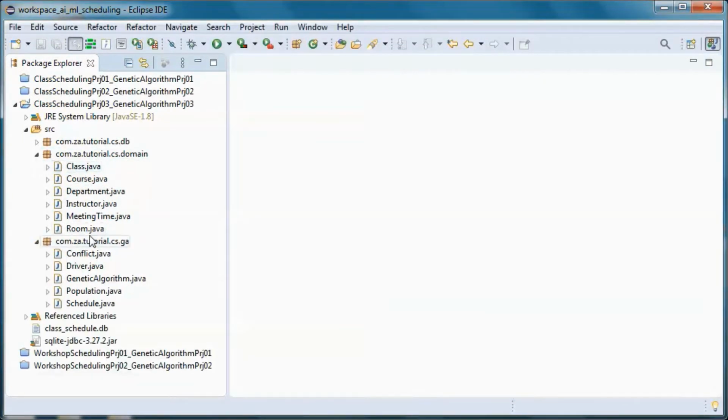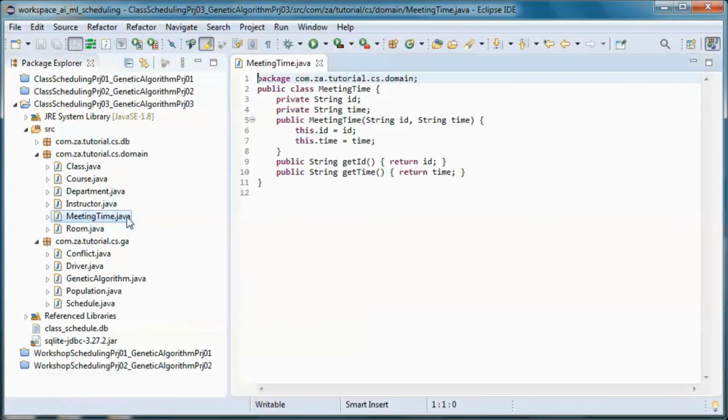And let's do one more addition here. So the toString method will return the ID for the meeting time.